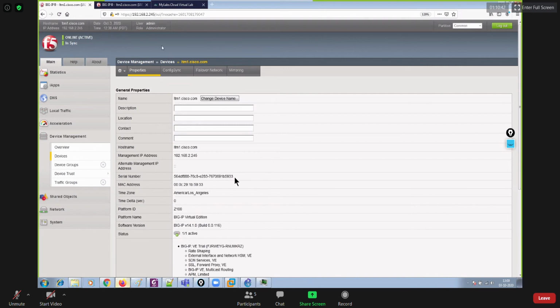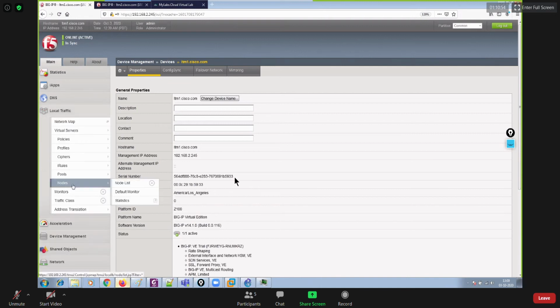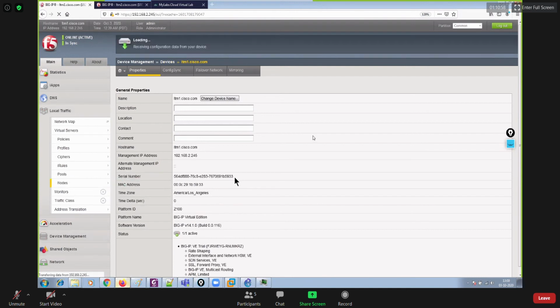Now, in case you are making some changes onto BIG-IP1, your changes will not get synced automatically. Let me show you. Go to local traffic, go to nodes, create some nodes.